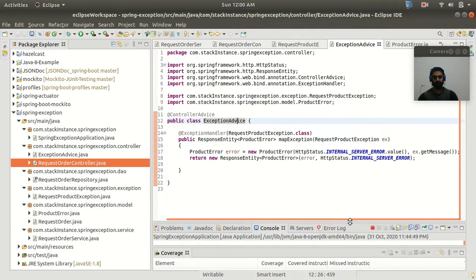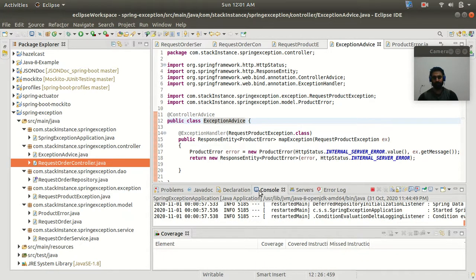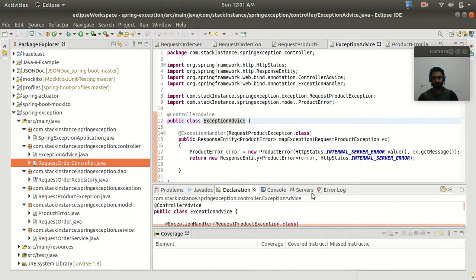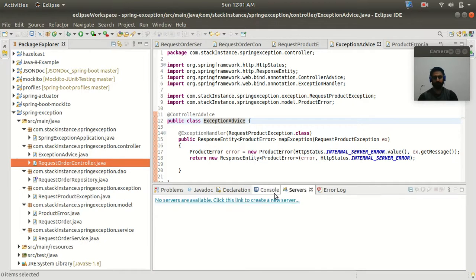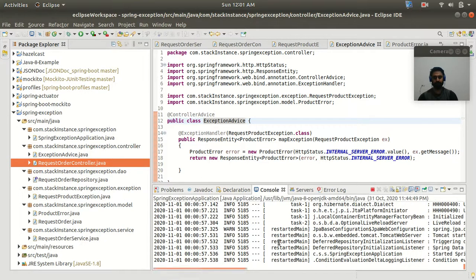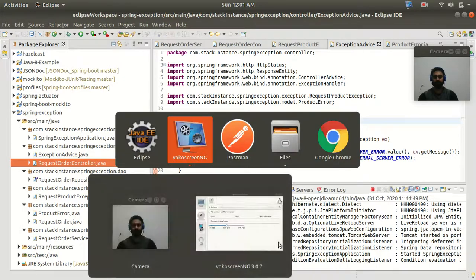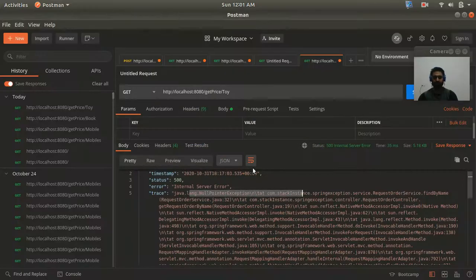Here I am using the DevTools, so it should restart my server automatically. Yeah, so let's go to our Postman. All right, and guys, you can see that.